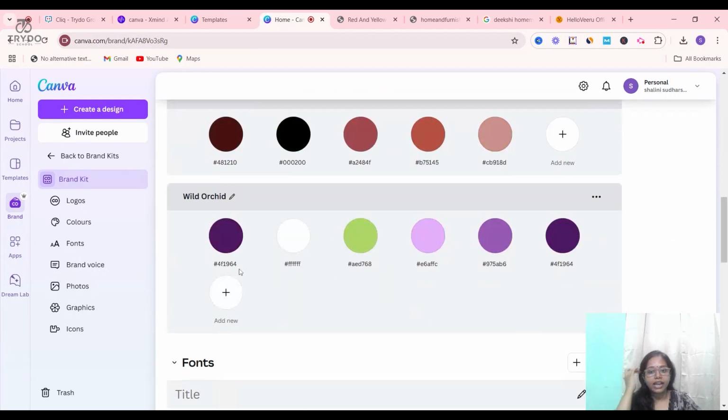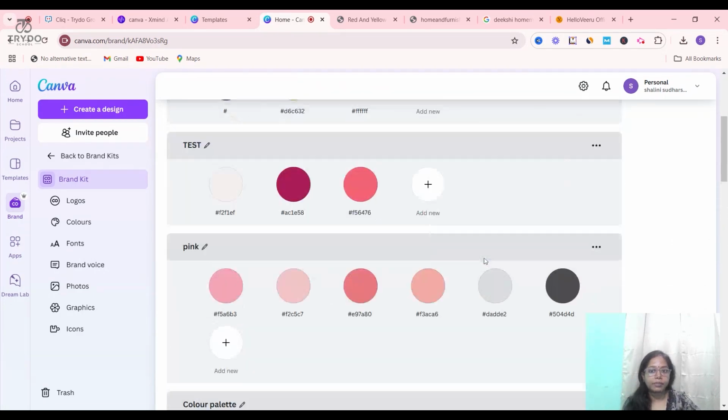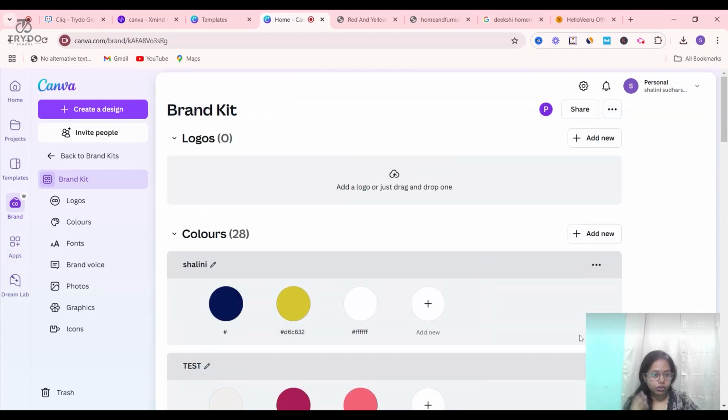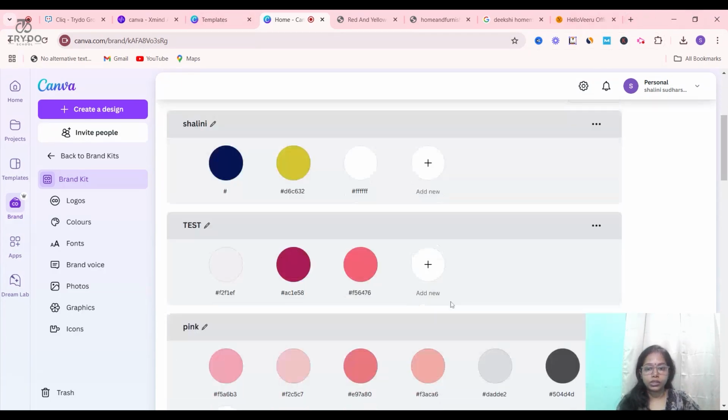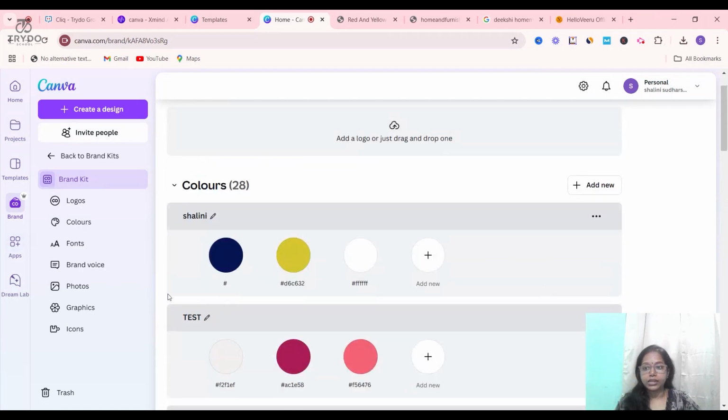This and all I have just added for checking purposes. So it's better, it should be like this. Three colors, which is perfect. Try to add your brand colors and check whether this can be done in the Canva free version or not. I'm not sure, many changes are happening in Canva here and there. Just check if you're able to add the brand colors. When you're working with a client, it is very essential that when you're creating a social media post, it should reflect their brand color, right? So let me just show how to do it. The brand color is done.